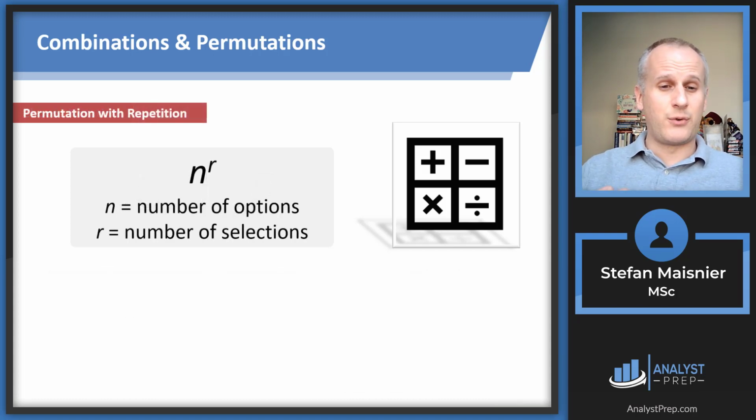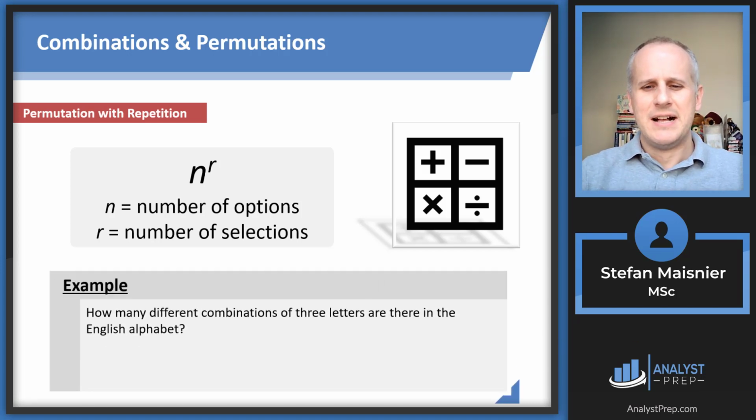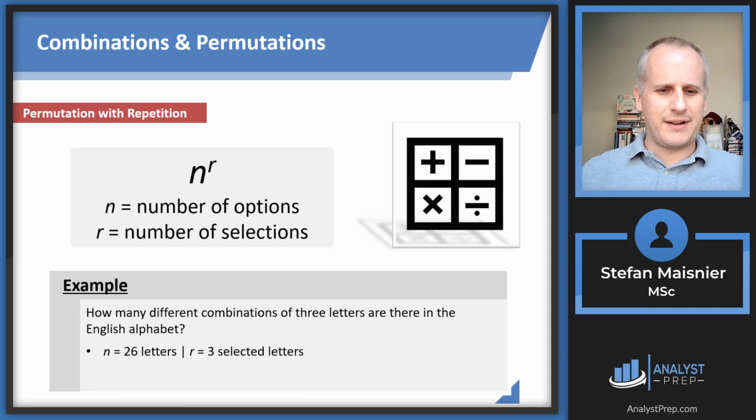Now, there are just formulas that will apply to those notations potentially. So if you're looking at a permutation with repetition, so that means place matters, and you can use the same value more than once, you just use the formula n, which is the number of options, raised to the r power, which is the number of selections. So let's consider an example. How many different combinations of 3 letters are there in the English alphabet? Well, we are selecting 3 letters from 26 letters in the collection. So n is going to be 26, r is going to be 3, and we just do 26 to the 3rd power, 26 times 26 times 26, which is